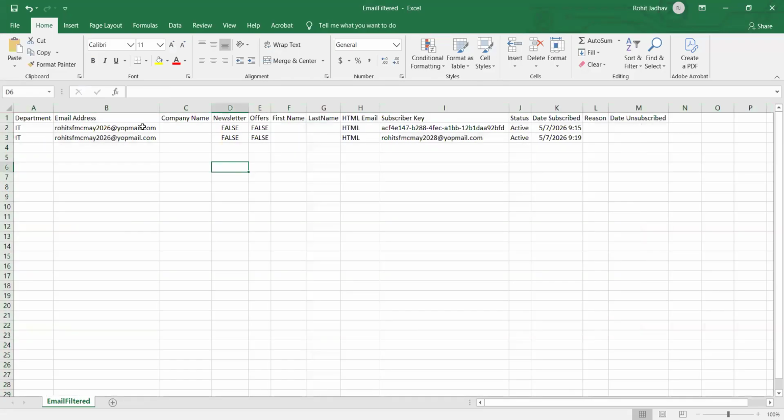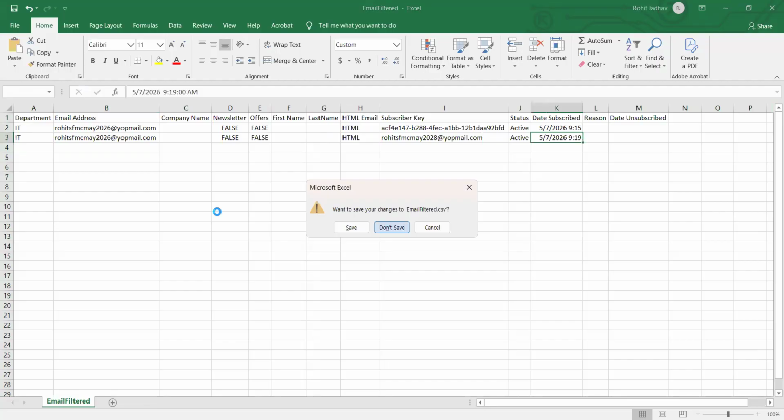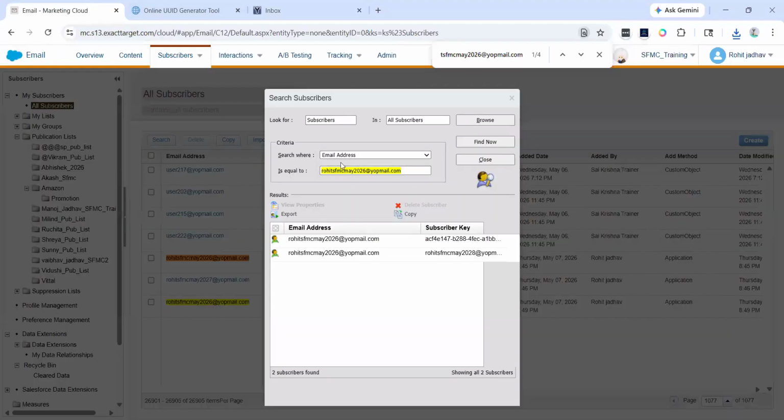Yes. Whatever fields we have selected, you can see all the fields here. We filter based on the email address, the department, the subscriber key, when it was added, and everything. All the details you can see in the same file, right? This is how you can search the subscriber by their